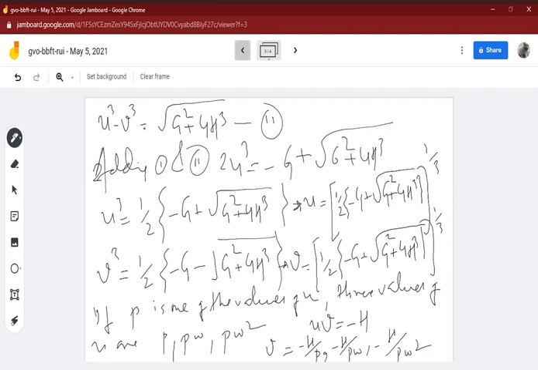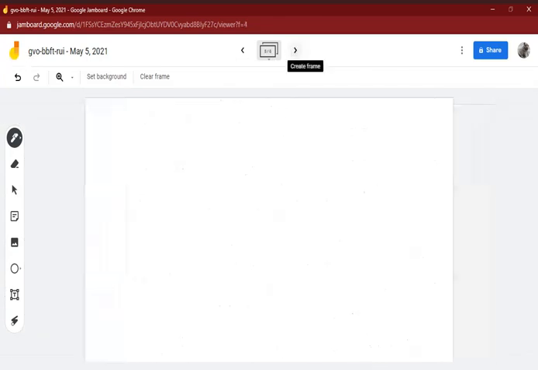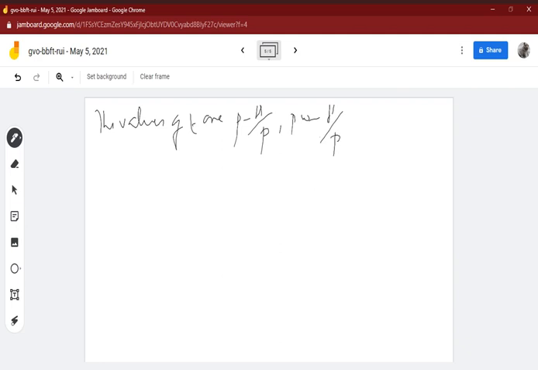Now you got u and v, so now you can find z equals u plus v, and finally you can find x, that is z minus b by a. Is that clear? Therefore the values of z are p minus h by p, that is u plus v. And this is p omega minus h by p omega square, comma, p omega square minus h by p omega. So these are the values of z,